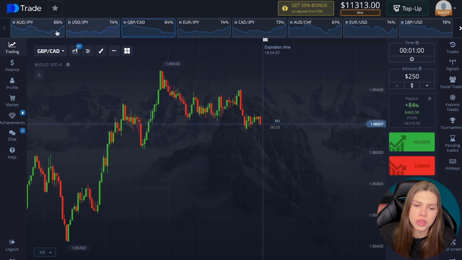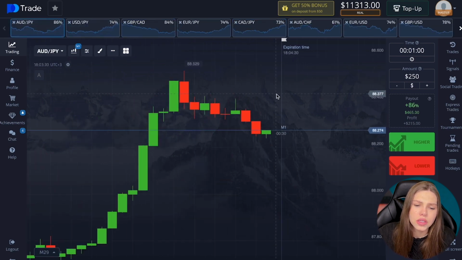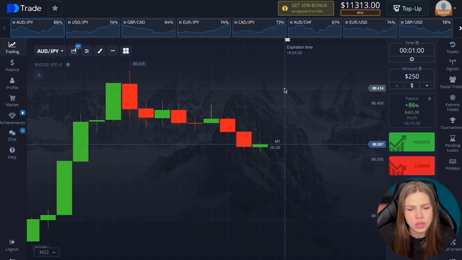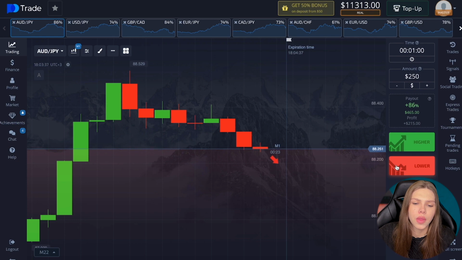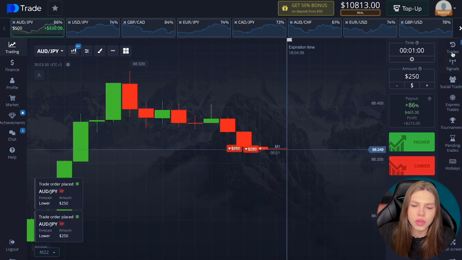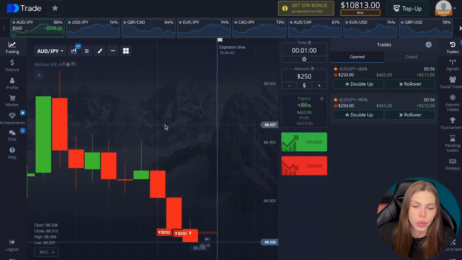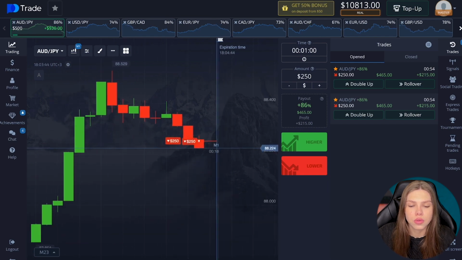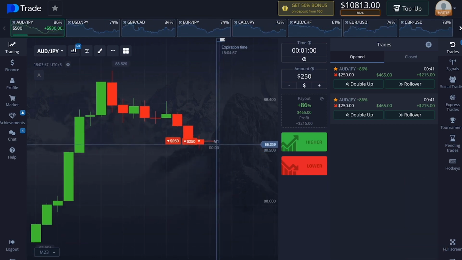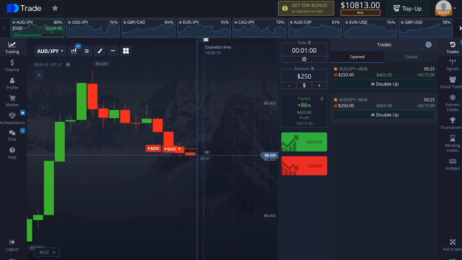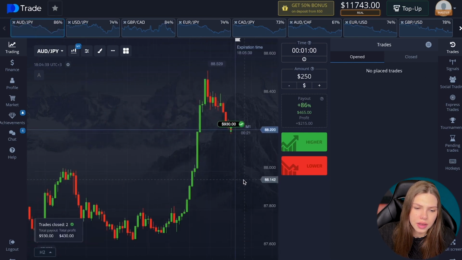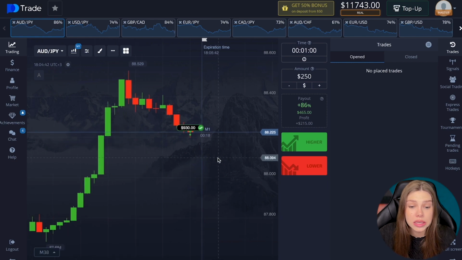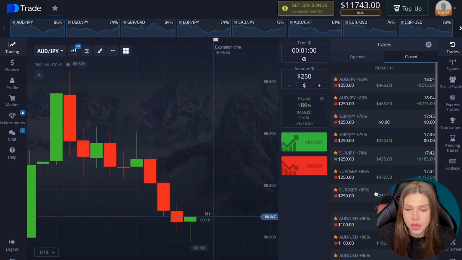So let's look for something else. An interesting situation. The U-turn here is so good. And I think you can put 2 deals to cover the previous minus, right? So let's make 2 deals, open for a downgrade, and we just have to wait for them to close. We have 3, 2, 1 seconds left. That's 2 more pluses. So we're in profit today, right?